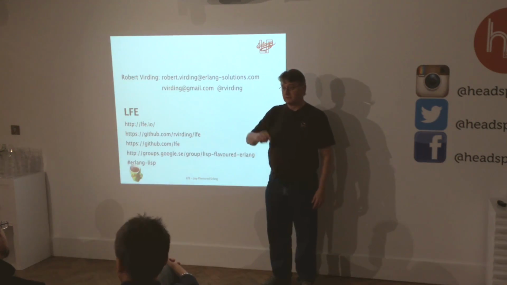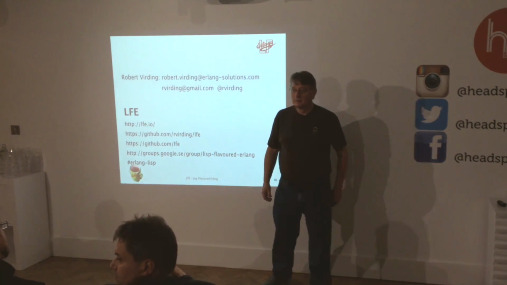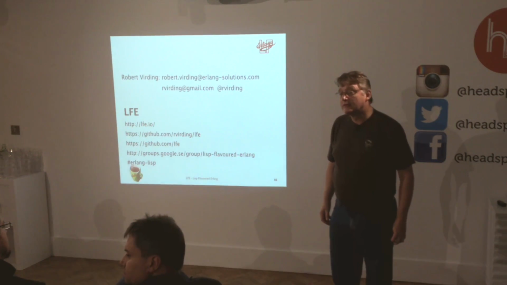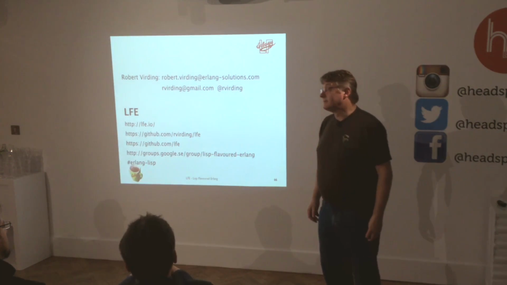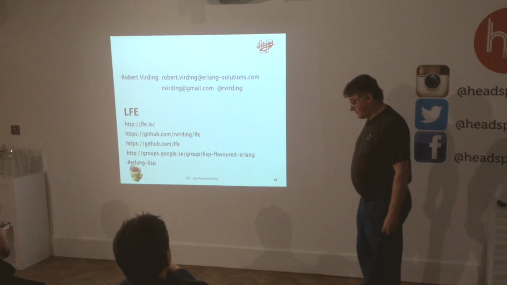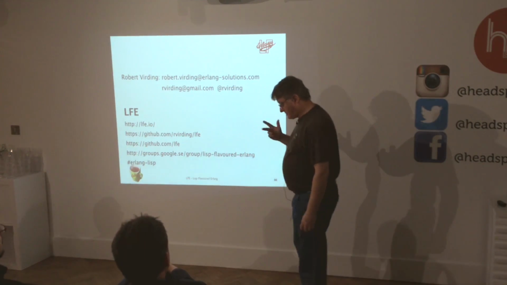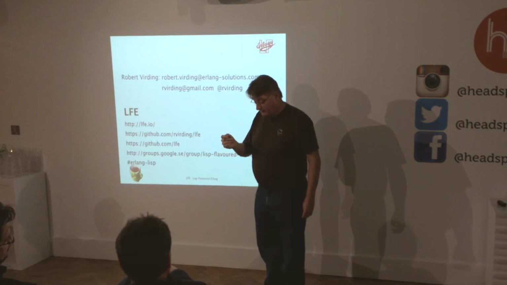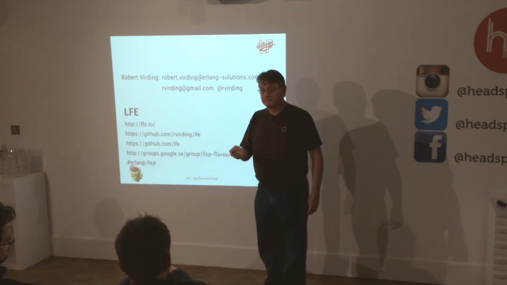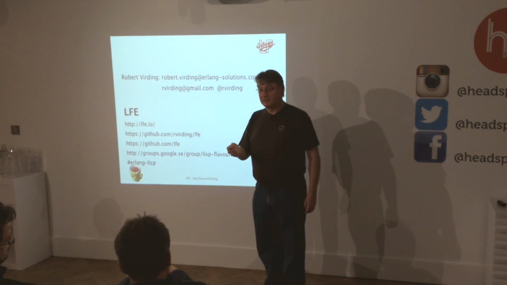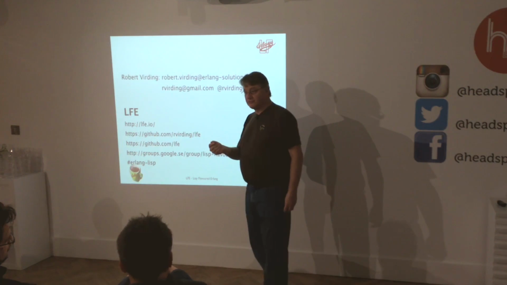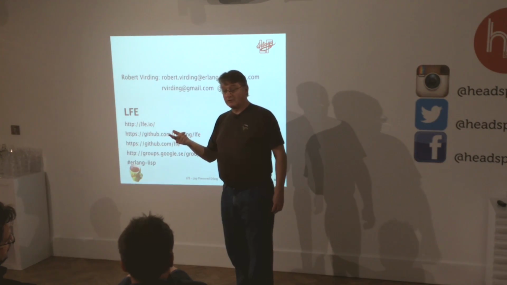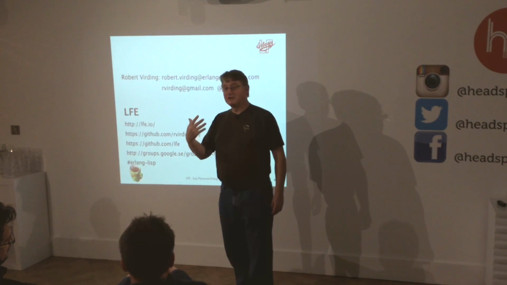So how do you guarantee responsiveness in the presence of garbage collection? Okay. So there are a couple of levels. One is there's a preemptive scheduler. So literally after 2,000 function calls, the process that is running is rescheduled. So you can have a process that's continually running and it will never block the system.